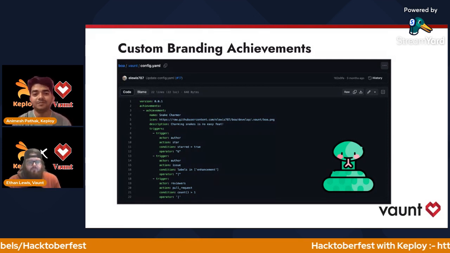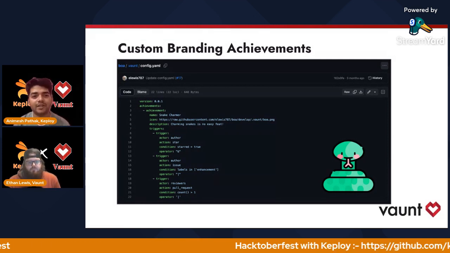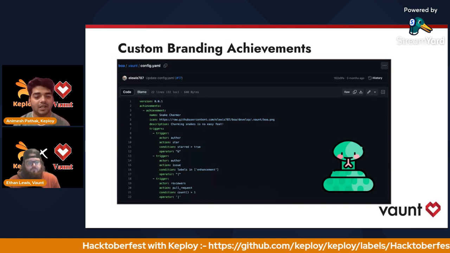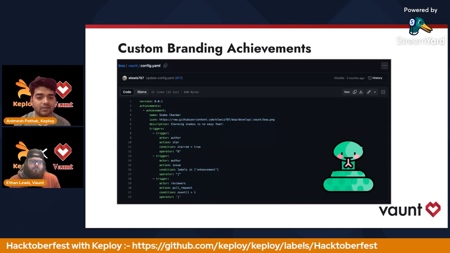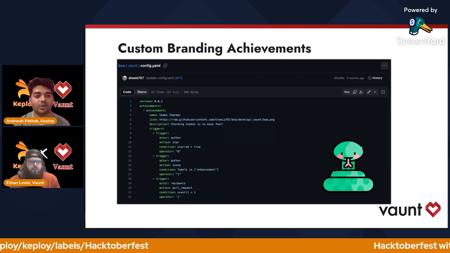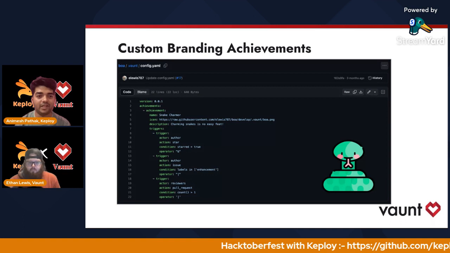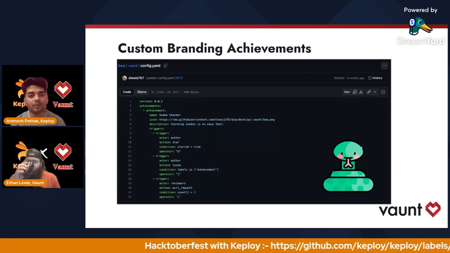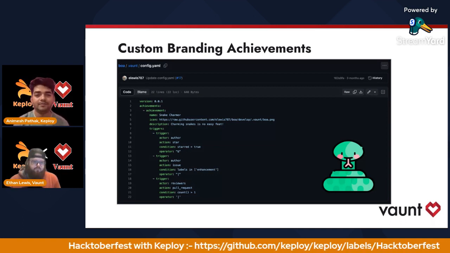Other than the achievements part, how can orgs flaunt their contributors and celebrate their achievements? Like, okay, these are the contributors, and they have done outstanding work by contributing in any form of contributions or comments.